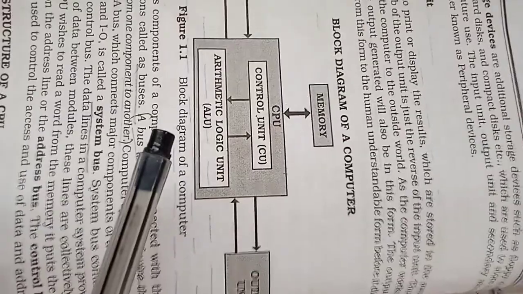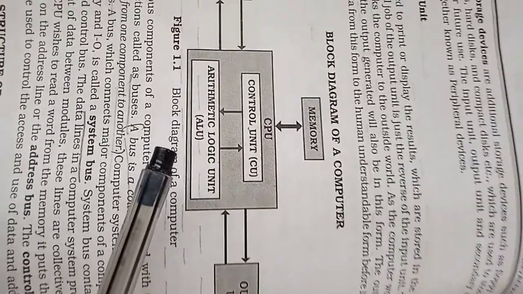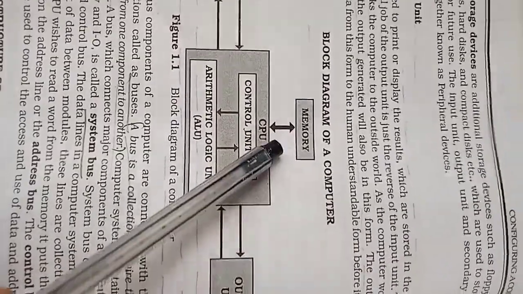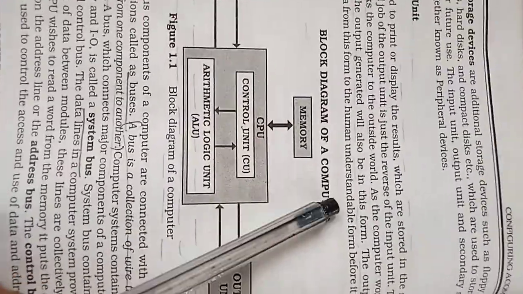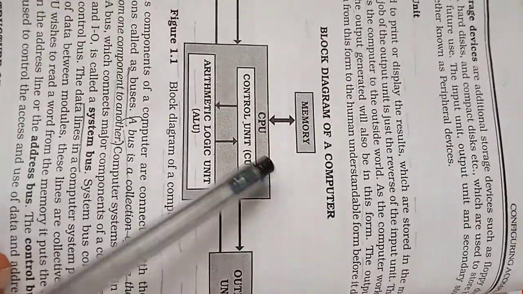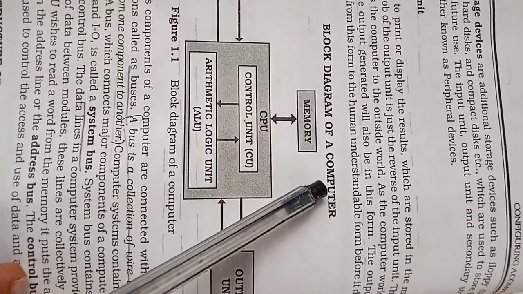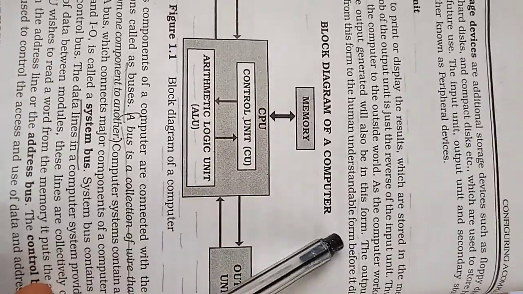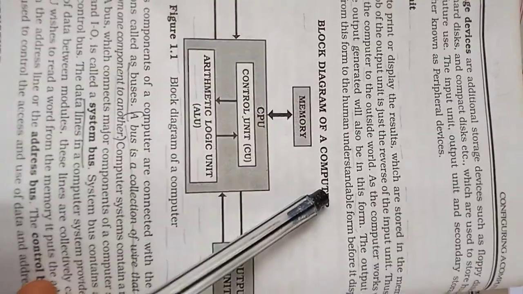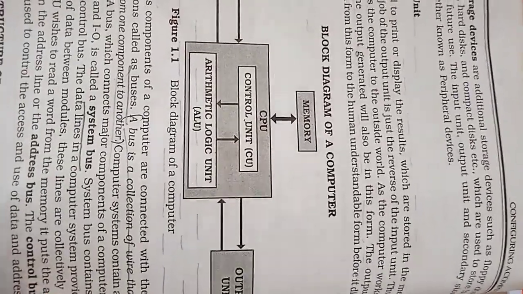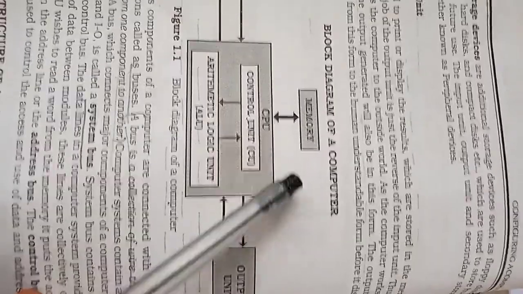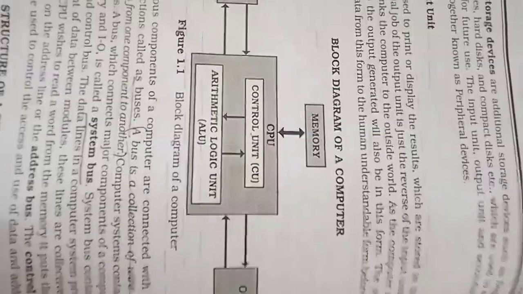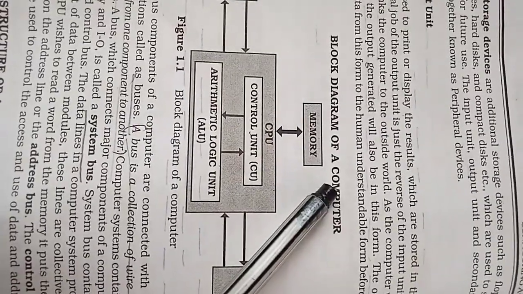And we have a register. A register is a high speed temporary storage. In memory we have two types, that is primary memory and secondary memory. In primary memory we have RAM and ROM: random access memory and read only memory. In secondary devices we can give the examples of CD, pen drive and so on. Okay, these are the two types of memory.